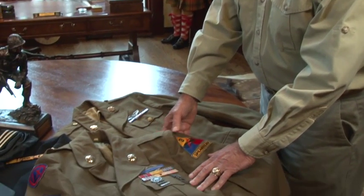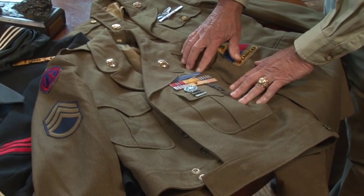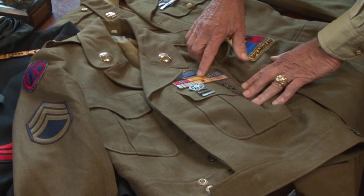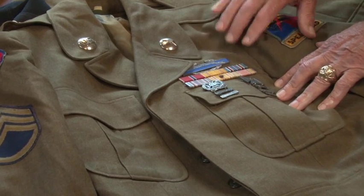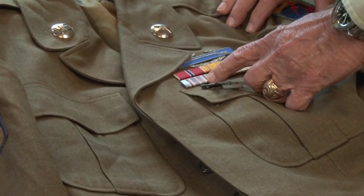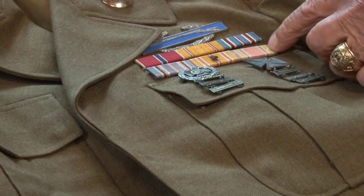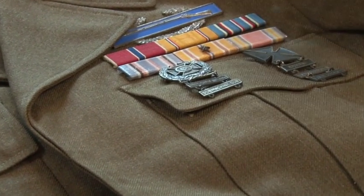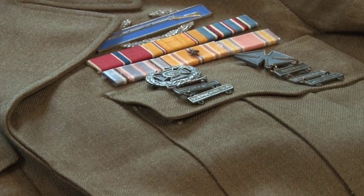This is a World War II 3rd Armored Division veteran. He has the Combat Infantry Badge. He has the American Defense, American Campaign, and whoa, this is odd, he has 2 American campaigns, 1 Pacific Theater and 1 Victory Medal. So his ribbons don't really make sense, and that's because at that time, just like on